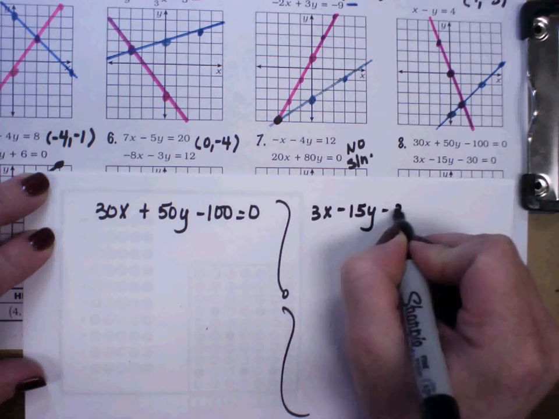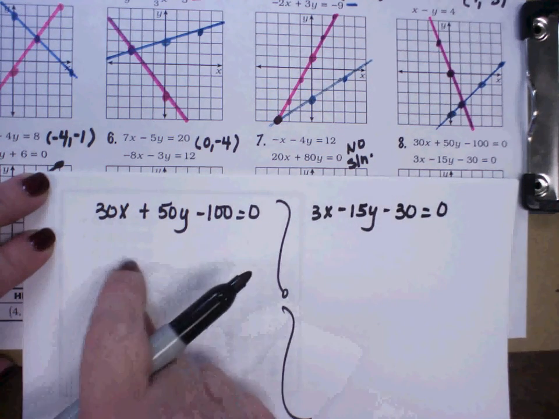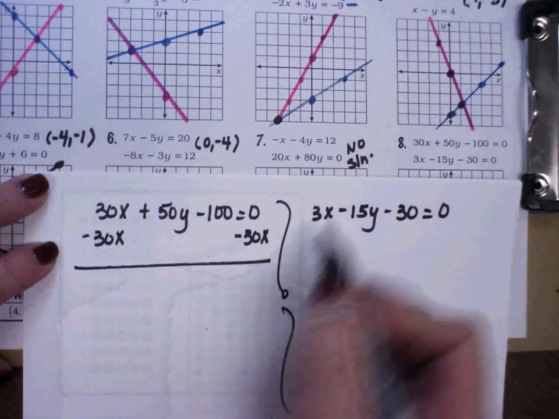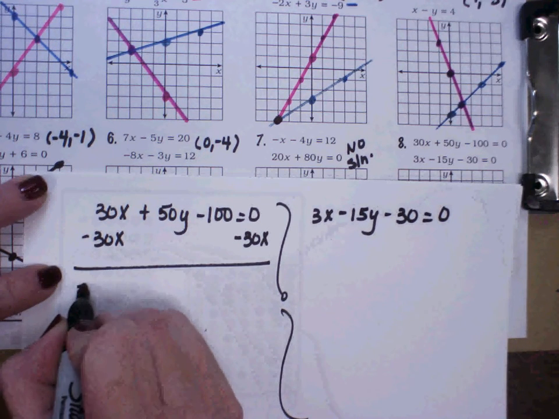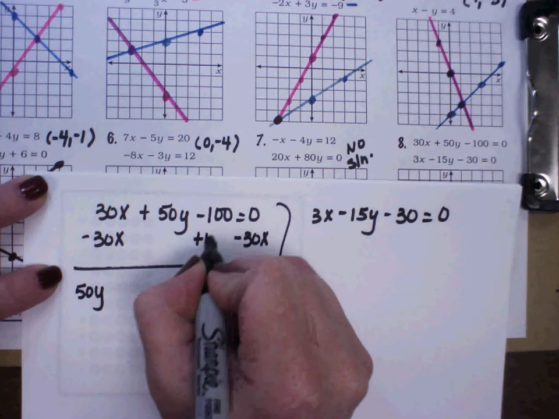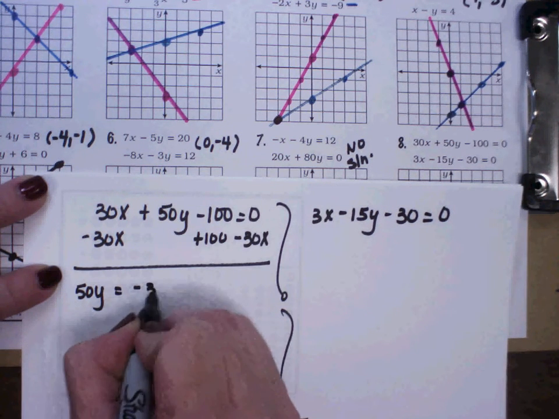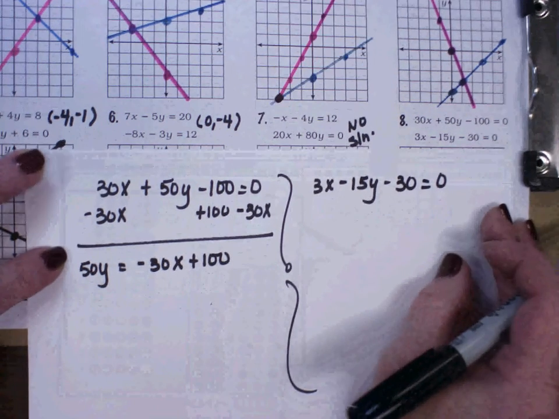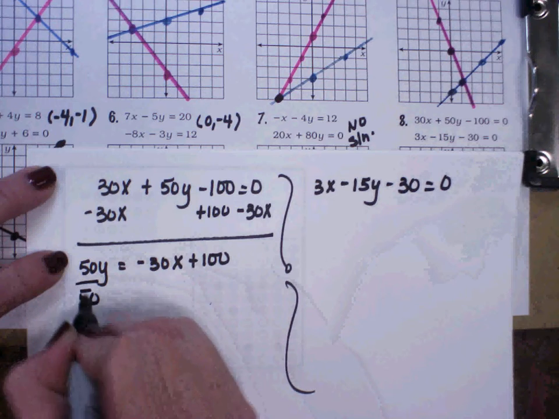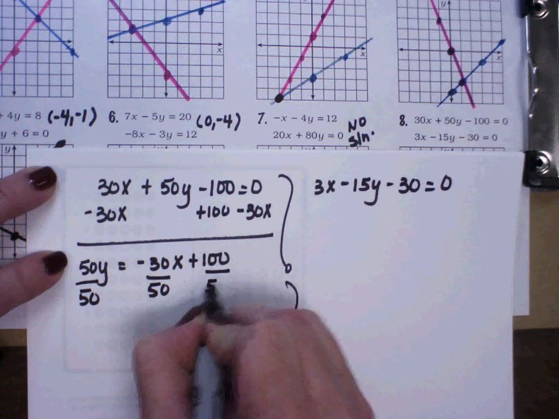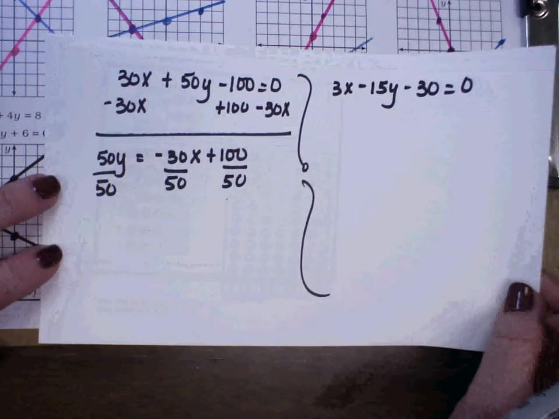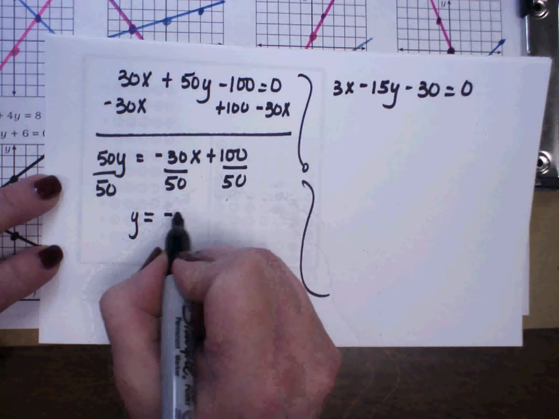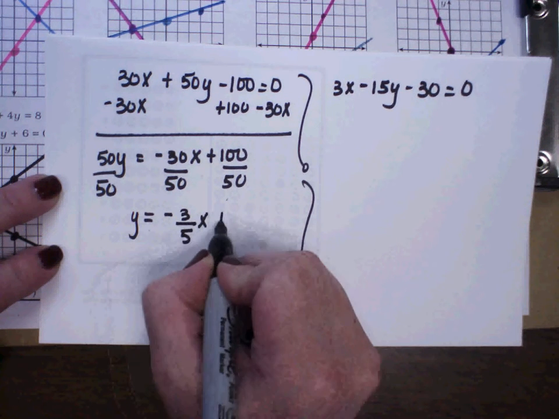All right, first step. Yeah, I didn't leave space, so I'm going to have to do it one step at a time. Ugh, darn it. You know what? I'm just going to put it over here and add it up there at the end. And then I don't have to say plus 0, right? All right, and now divide by what? And you can simplify this by tens, correct? Actually, this one by 50. That would be 2, right? So y equals what? Negative what? 3/5 plus 2. There you go.